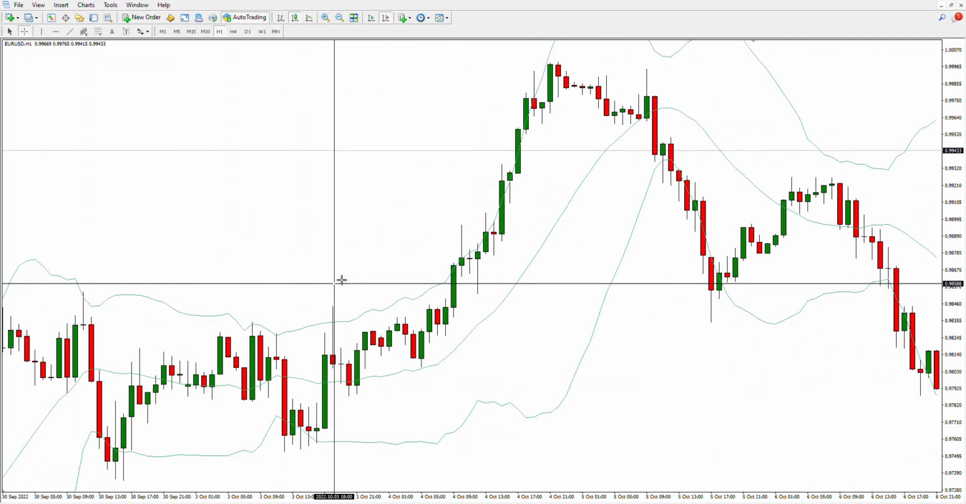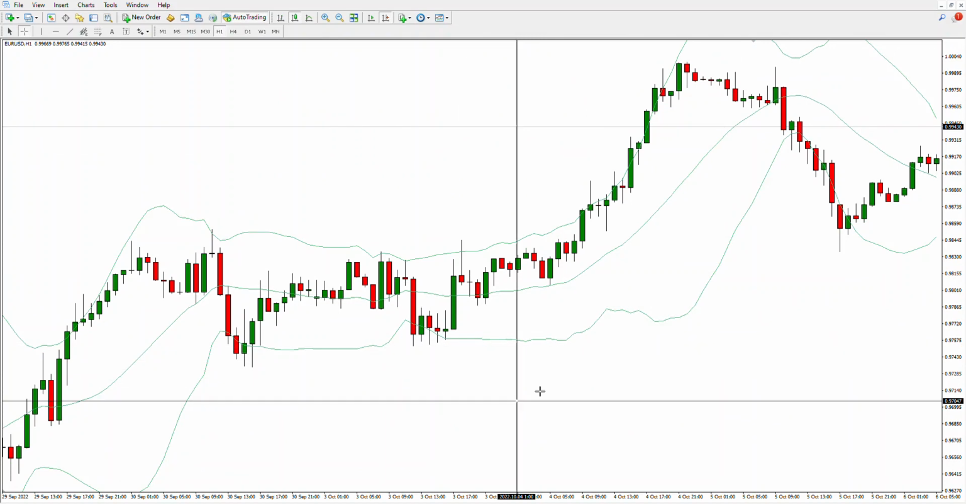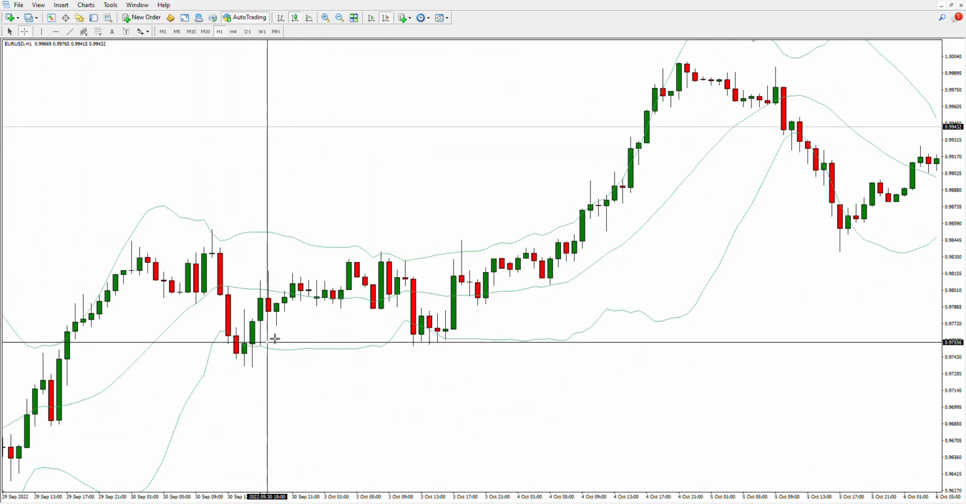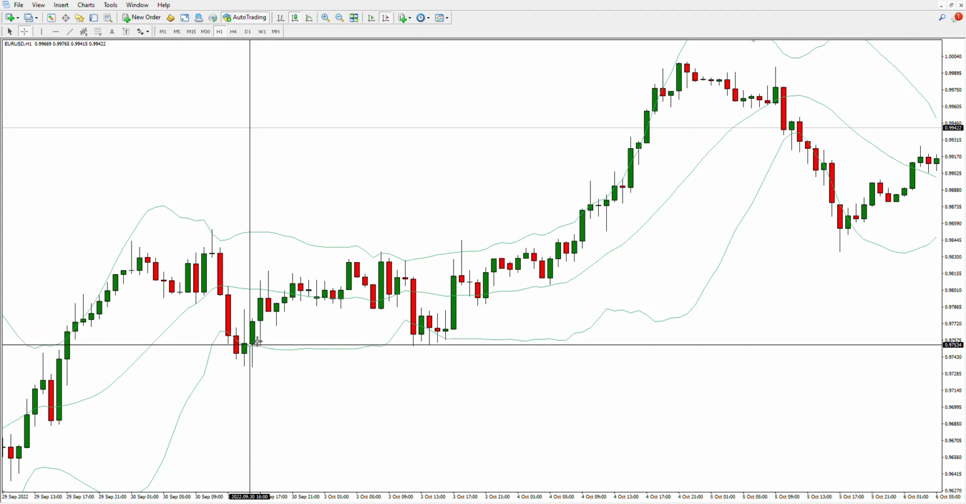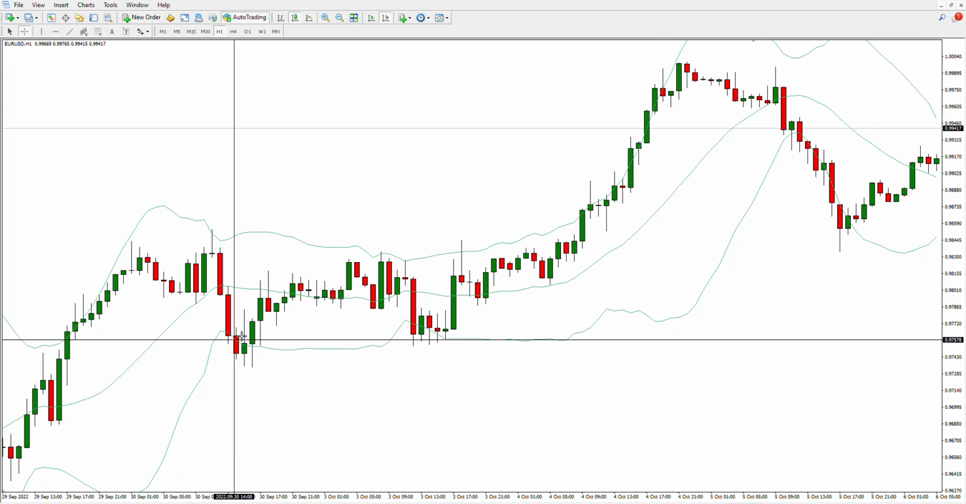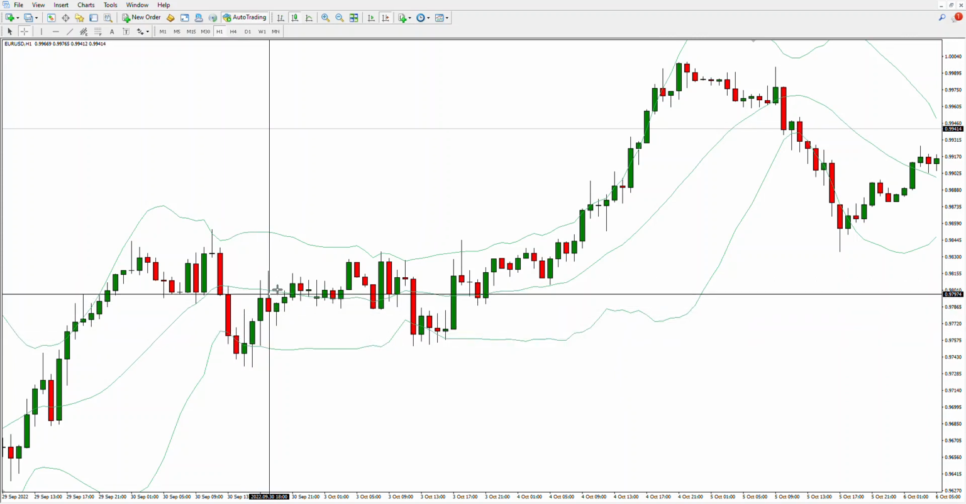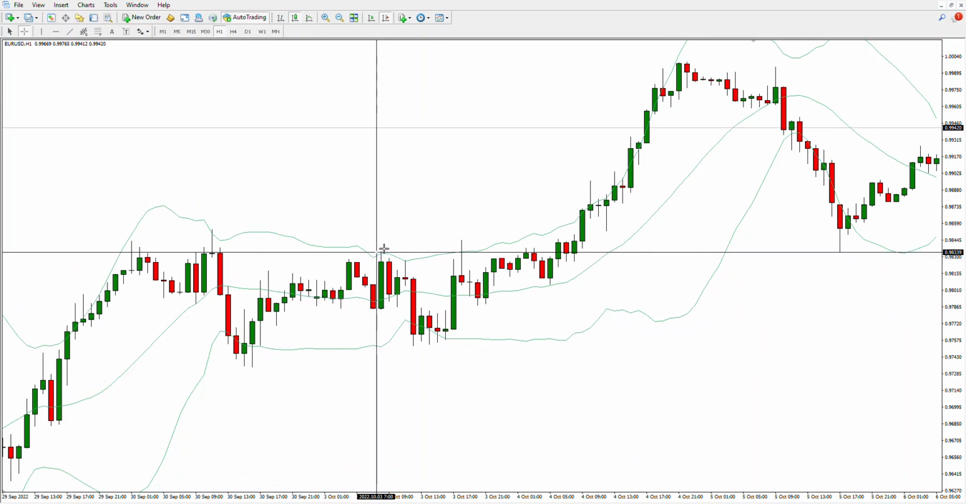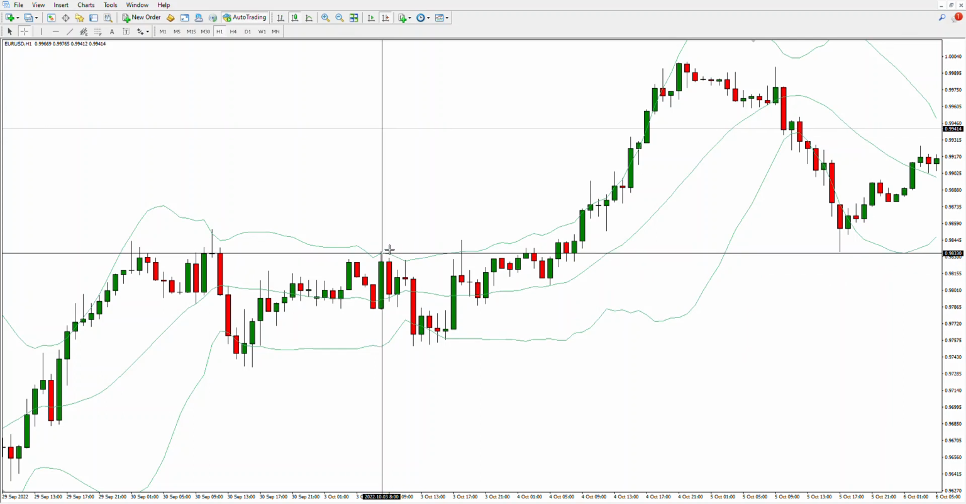For example, this is a nice ranging market here, which probably would have been a good time to take reversal trades. For instance, the price broke the lower band here. You could have taken a buy trade, exited at the middle band or even the upper band. If you did exit at the upper band, you could have then immediately took a sell trade